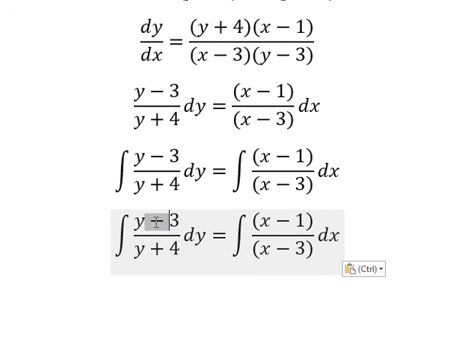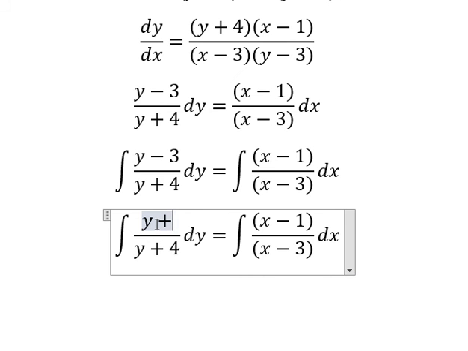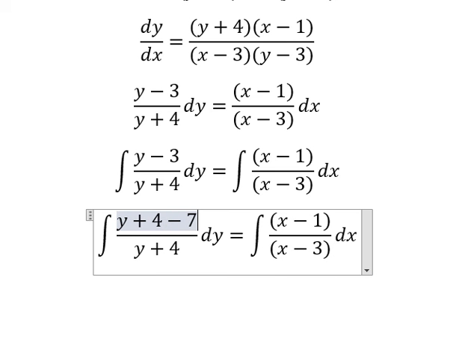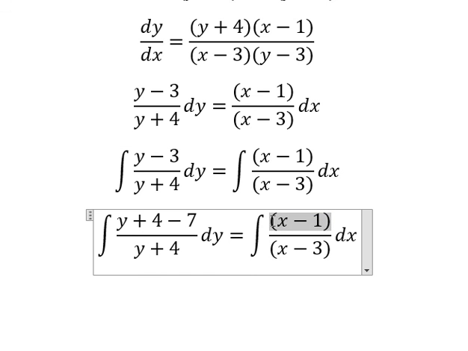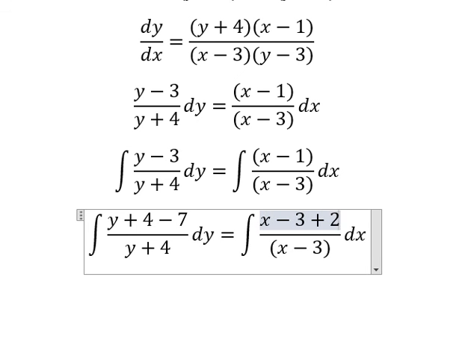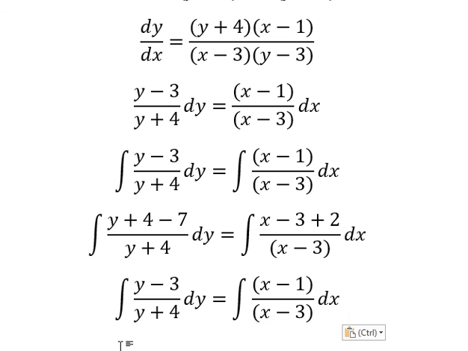So about negative 3, we can put it as positive 4 minus 7, because 4 minus 7 gives negative 3. About this one, I can put it as x minus 3 plus 2. So